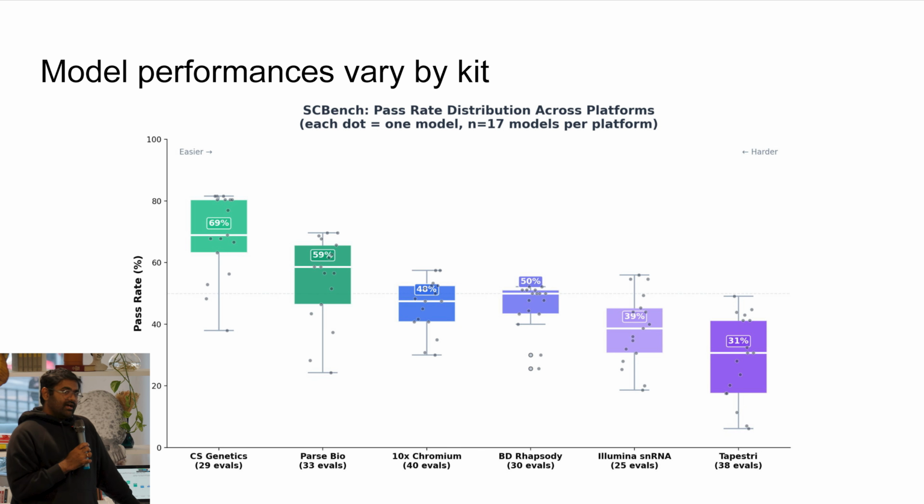One thing that I would still like to double-click on here is that we've been comparing this across different data sets with different complexities, and those are not really comparable across these models. So it could also be that some of these are more complex data, but despite that, we still see kit-specific artifacts, which we were able to observe when we analyzed the trajectories from a lot of these models.